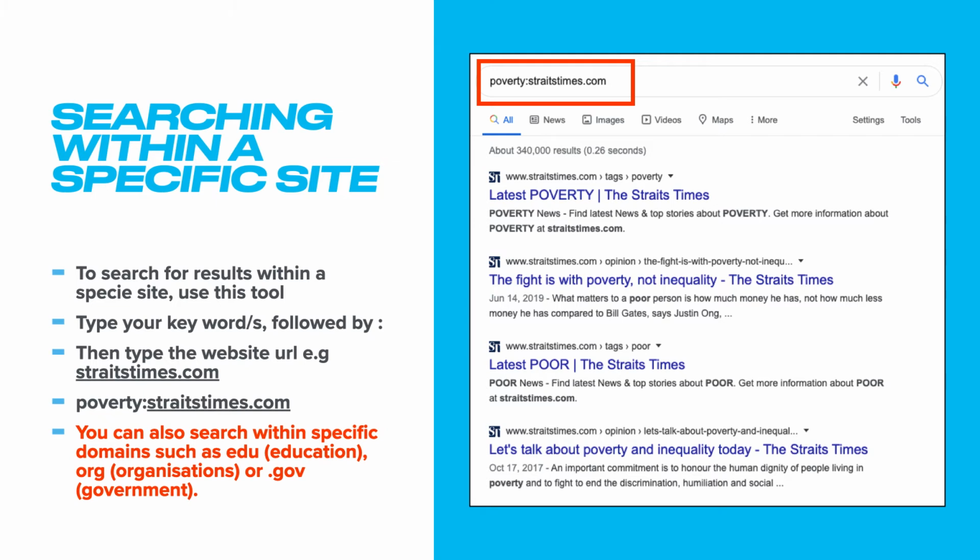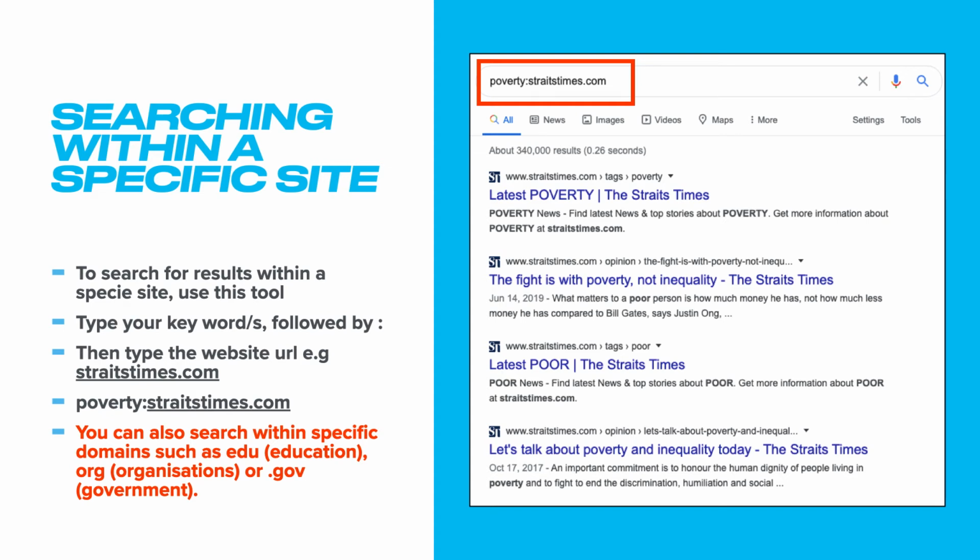So this one is an example from the Straits Times, Singaporean newspaper. You just type in what you're looking for. So if I want to find out what has been reported to do with poverty in the Straits Times, I just type the word poverty into my search bar, and then I put a colon and I put the URL. The URL in this case, or the website, is straitstimes.com. You don't have to put in www or anything like that,